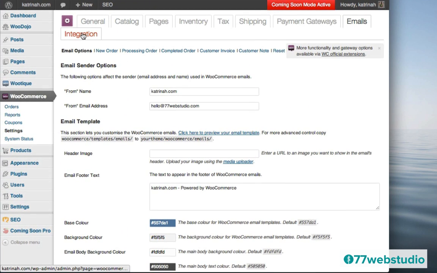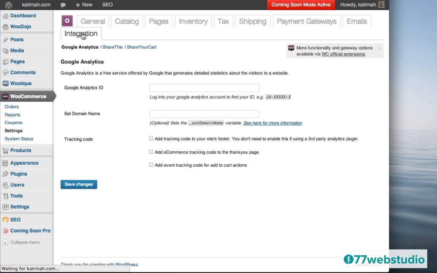And then I just want to click on integration really quick as well. And here we have Google Analytics. So I recommend using Google Analytics. You can also add your ID in here. Now we already talked about Google Analytics. You can add Google Analytics as well in the Wooteeks theme options settings, but you can also add it here. So there's a couple different places where you can add Google Analytics. So there you go. Now let's go check out the shopping cart.